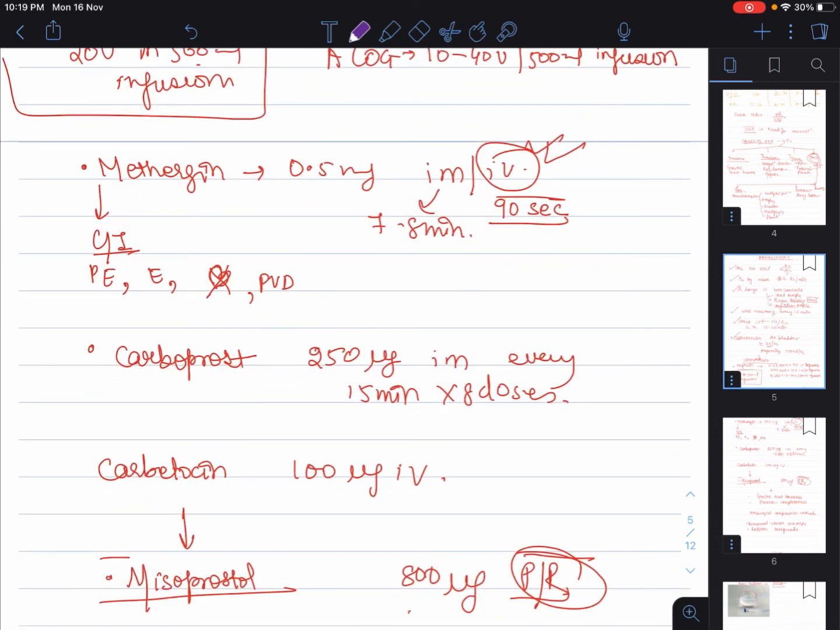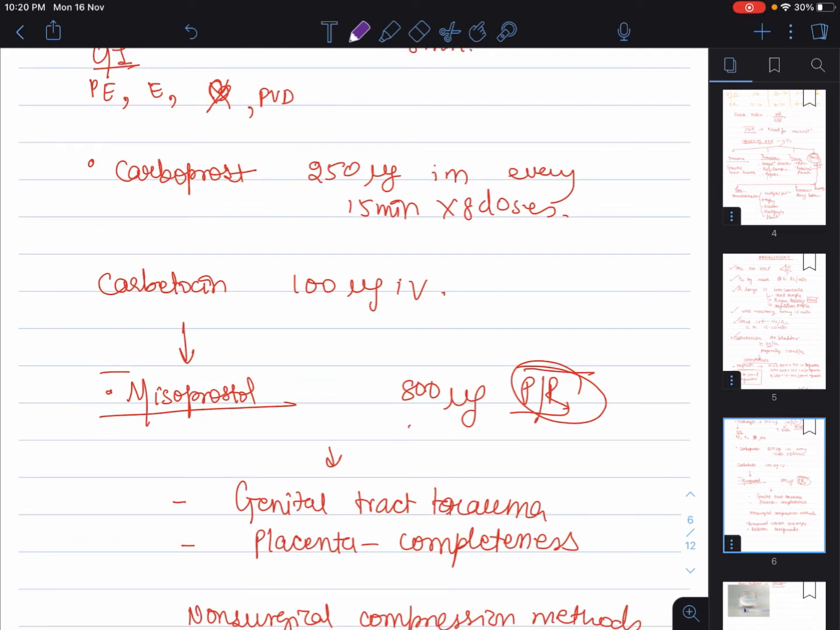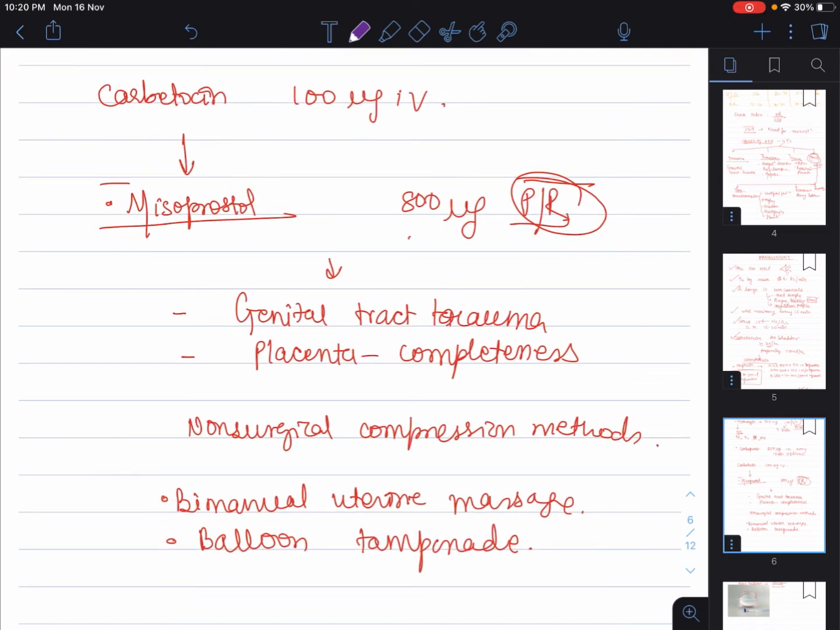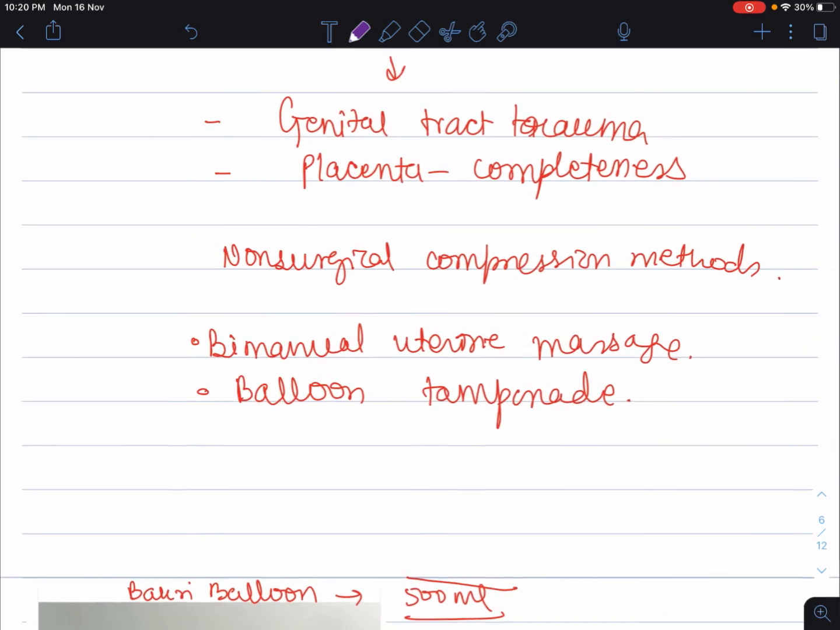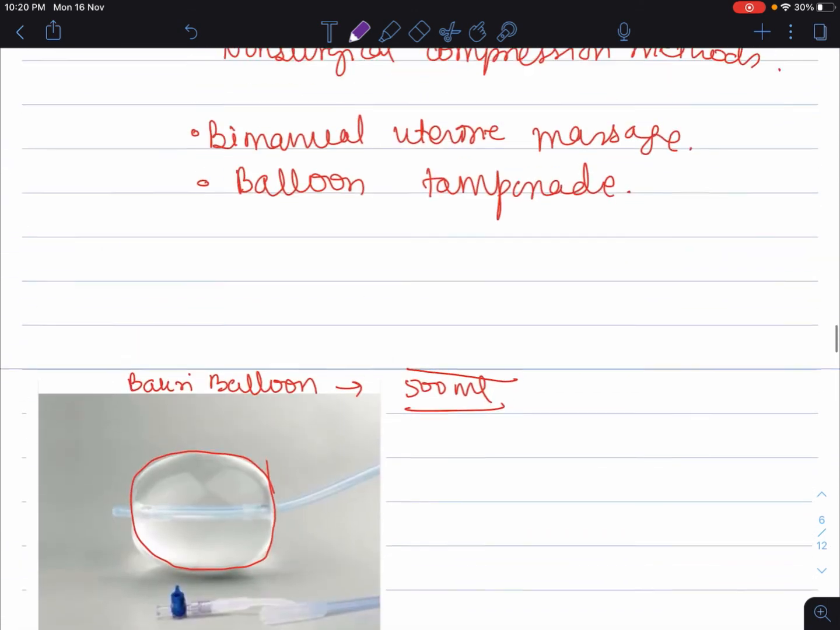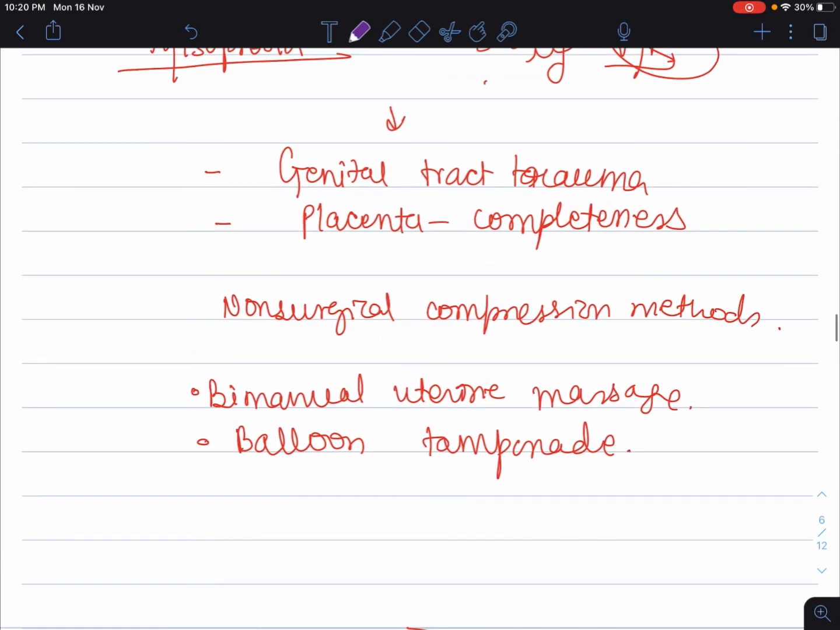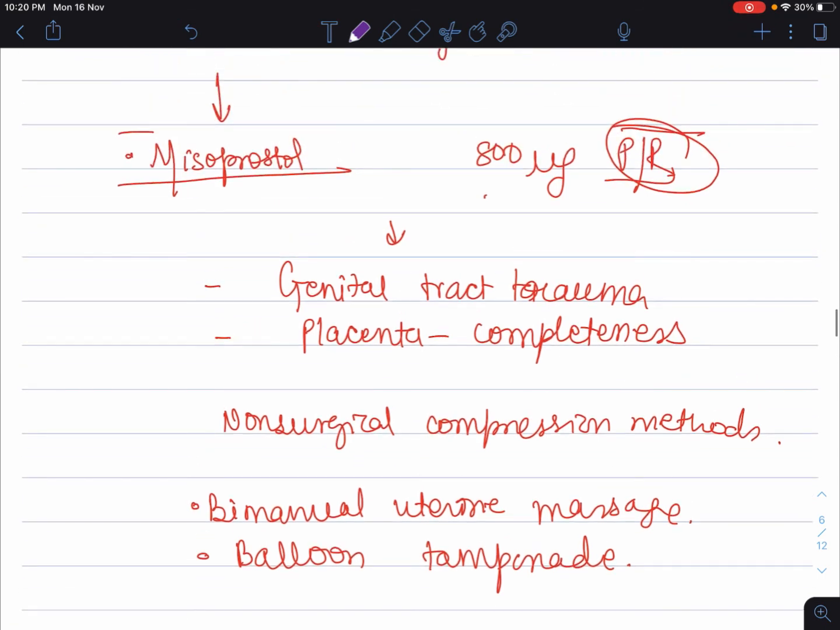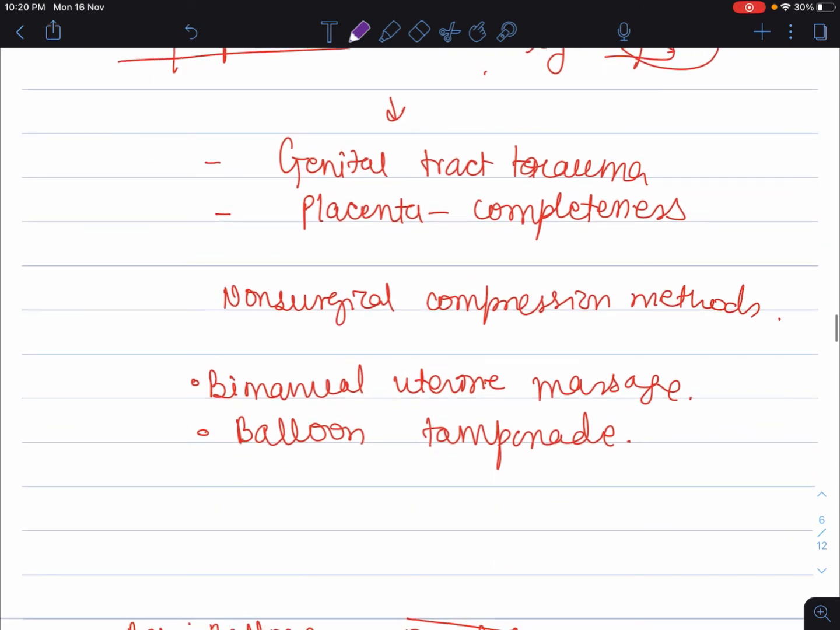Contraindicated, or if Methergin is also not working, go for carboprost, or you can go for misoprostol, 800 micrograms rectally. Very, very effective. Then, if these things do not work, you will go for bimanual massage, and also you'll go for tamponades. Before that, you'll check for any trauma that has happened in the genital tract and the placenta for completeness,